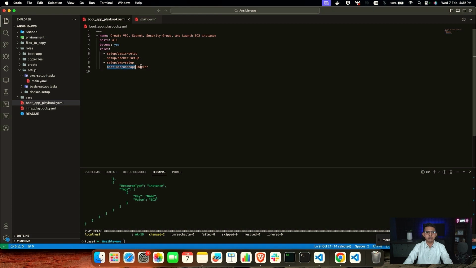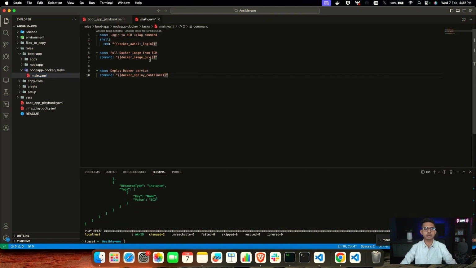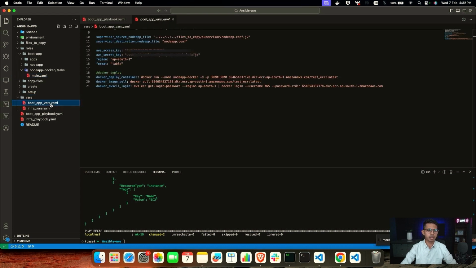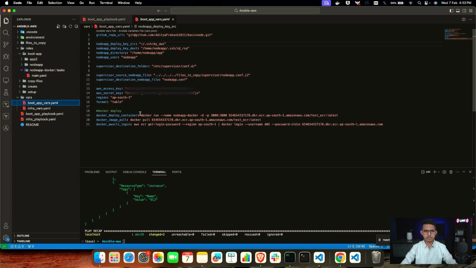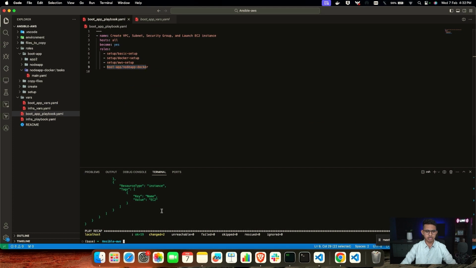And the last part is the Node app Docker part, which is, we'll go to boot app, Node app Docker, the main YAML file. It will do an AWS CLI login. It will pull the image and it will deploy this particular image based on the docker deploy container command, which I have in my vars folder. I have all the credentials present here. So now if I start deploying this,